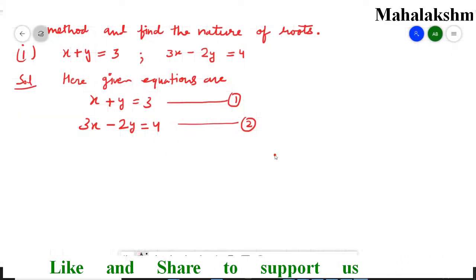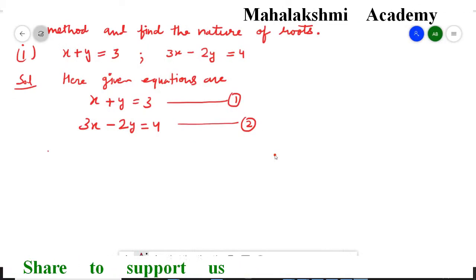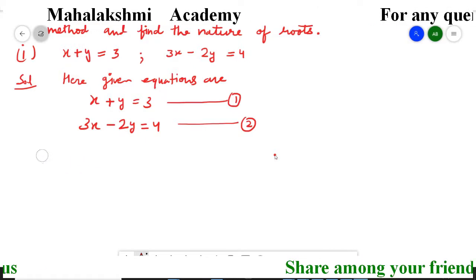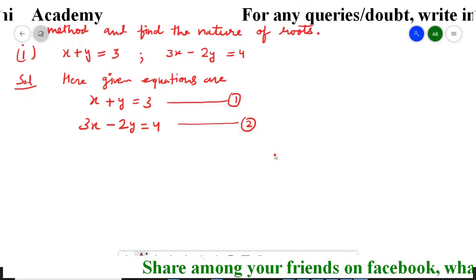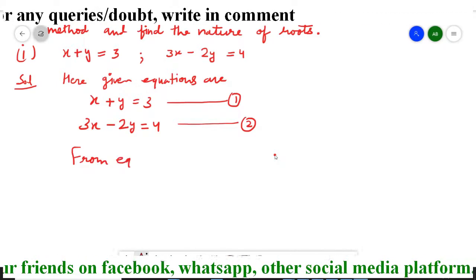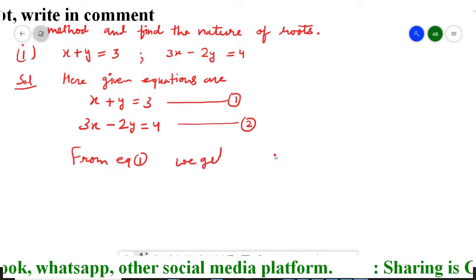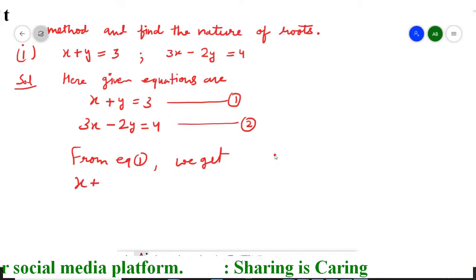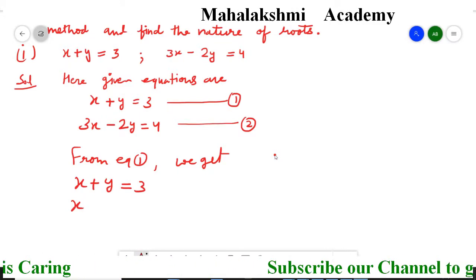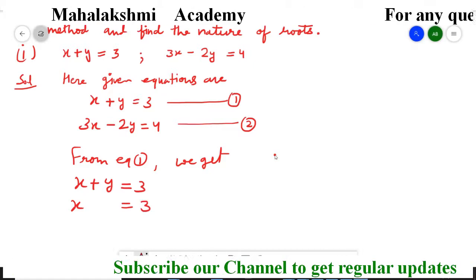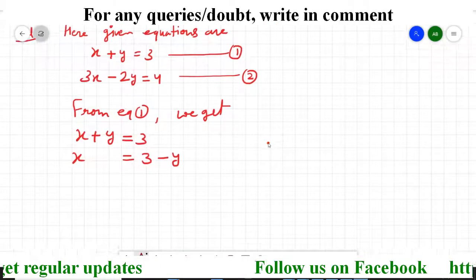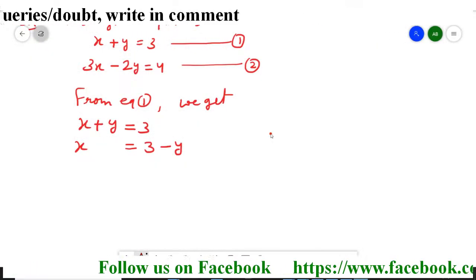Now we will solve the first equation, x plus y equal to 3. So we are not exactly solving it, we are going to find out the coordinate table for the equation. From equation 1 we get x plus y equal to 3. From here keep any one variable on one side and shift the other variable. So this is plus, it is going to be minus: x is equal to 3 minus y. Now one by one just replace the values of y here.